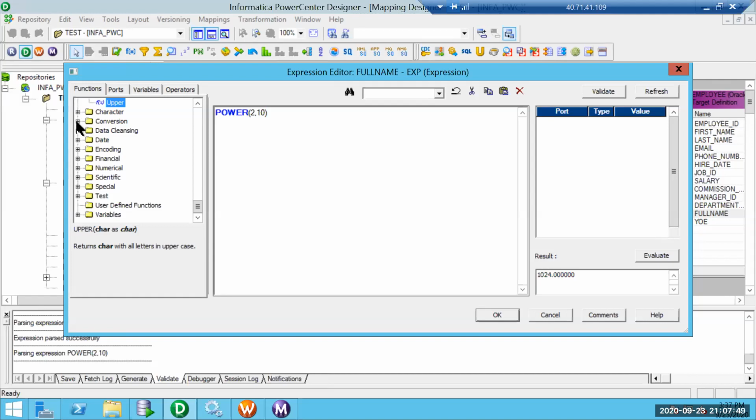Let's suppose we want to do a conversion from one data type to another, then rather than seeing through all the functions, we can come to the conversions folder, and these are the list of conversions available. These are the different types of functions available to us. We can also have user-defined functions, which we can create on top of what we have. So if we create user-defined functions in Informatica, we can see them and call them, and use them in expressions also.